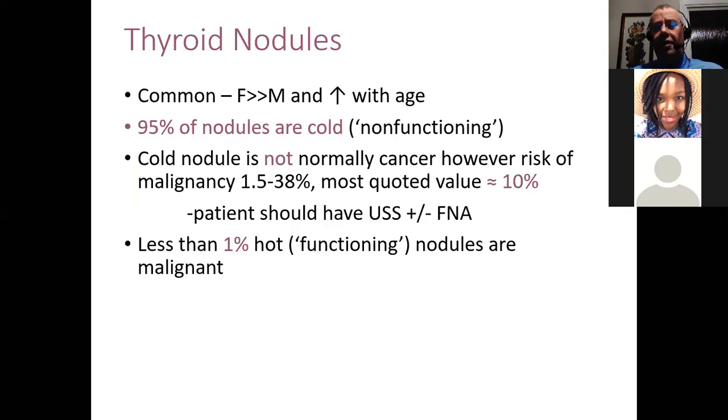What about nodules? Well, women seem to suffer them more than men, and they increase with age. Most of these are non-functioning, and most of the non-functioning are benign. There is a sort of dependency on where you are in the world, whether or not that is true. The better the iodine in your diet, the less likely that a nodule, an active nodule, is malignant. So if you live near the sea, if you live in Durban or down in Cape Town, then the rate of malignancy is very, very low. If you live up in Gauteng,